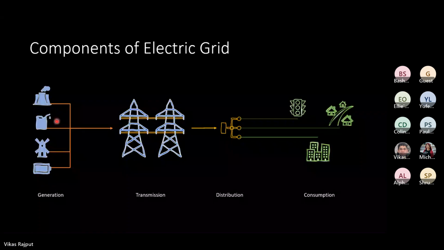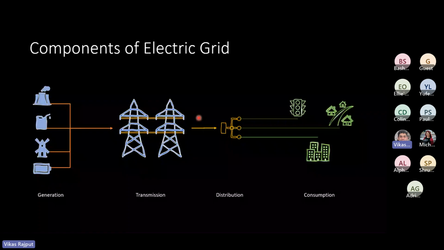And that's where transmission comes about. Transmission lines are basically used where voltage has been stepped up so that it can be transmitted across wider ranges. It can be taken from source A to destination B, whatever have you. Once it reaches the point of distribution, this is where distribution comes about, right? Distribution